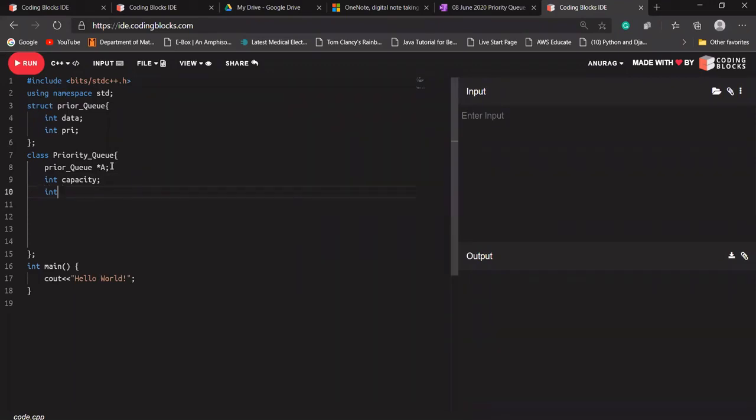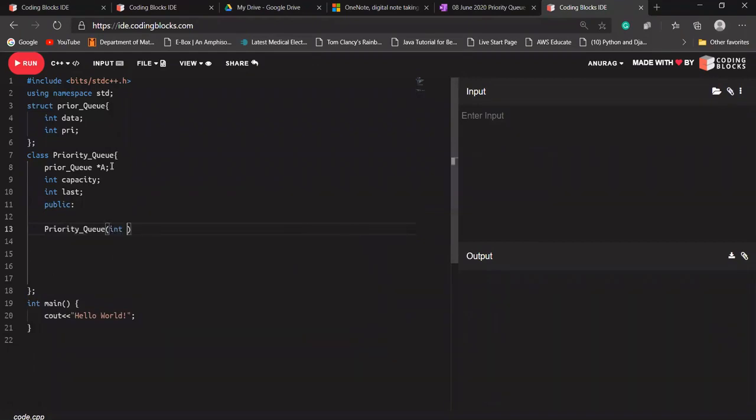Another will be last. What will last have here? Last will just hold the index up to where we have stored something in our array.